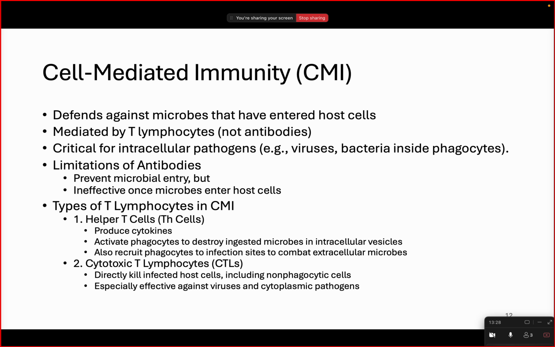If we talk about cell mediated immunity, it basically defends against microbes that have entered the host cell. Humoral was in the blood, and when the microbes are inside the cell, then it is part of cell mediated immunity. Here also you can use your enhanced knowledge of immunology, that even within the cell there will be intracellular microbes which are in the cytoplasm or in vesicles, and how they'll be targeted. Okay,